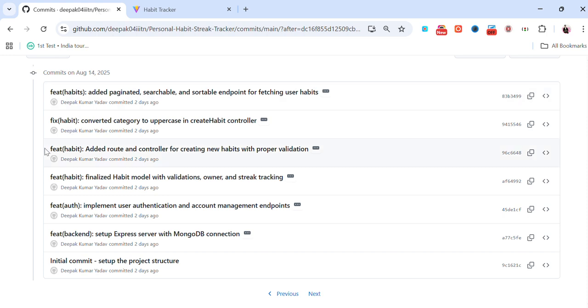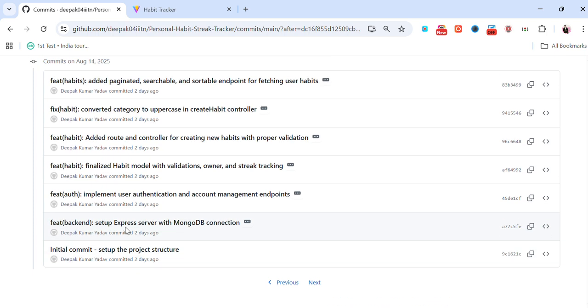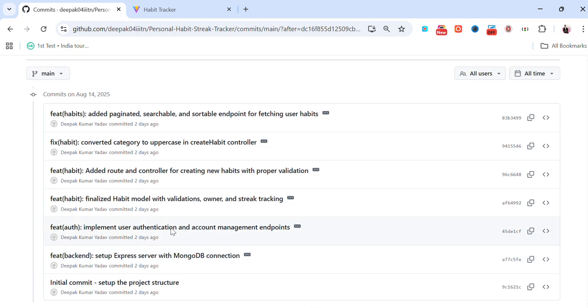Let's see the complete commit history for this project. So basically, I started by setting up the project structure. After that, I set up the Express server and connected the MongoDB database.